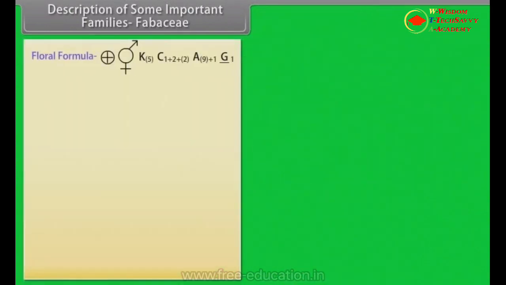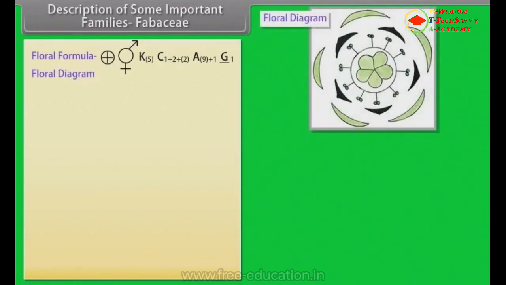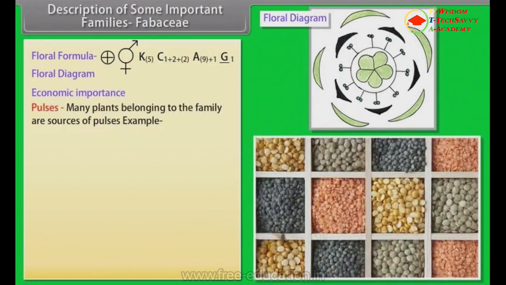Floral formula is, and this is the floral diagram. Economic importance. Pulses. Many plants belonging to the family are sources of pulses. Example: